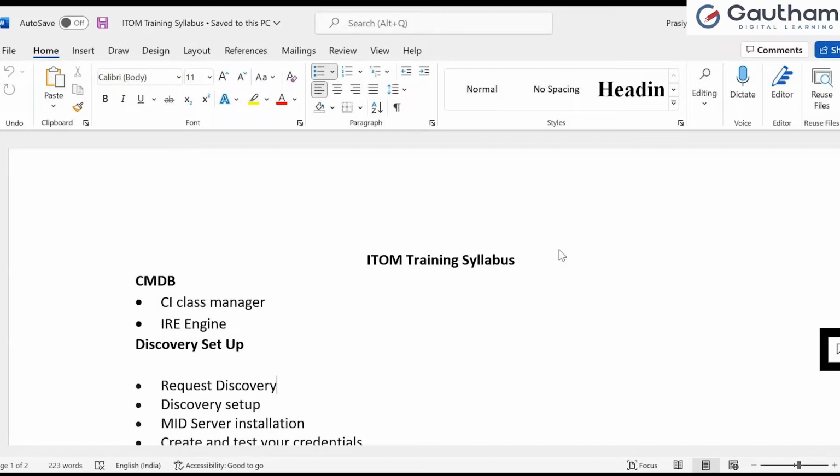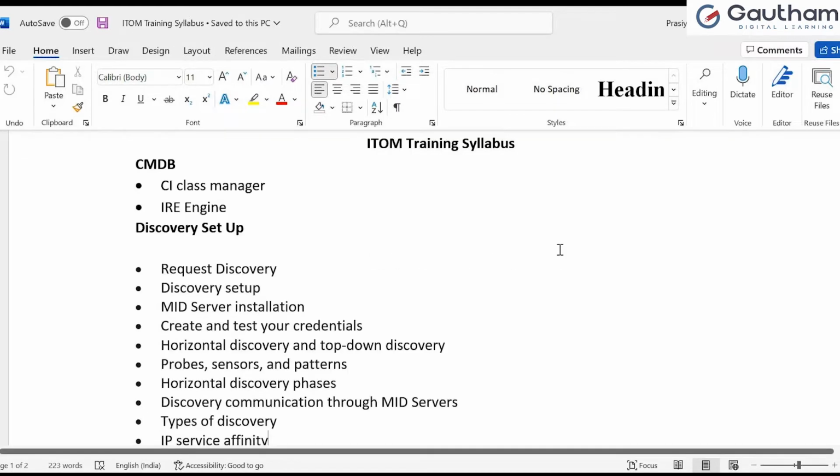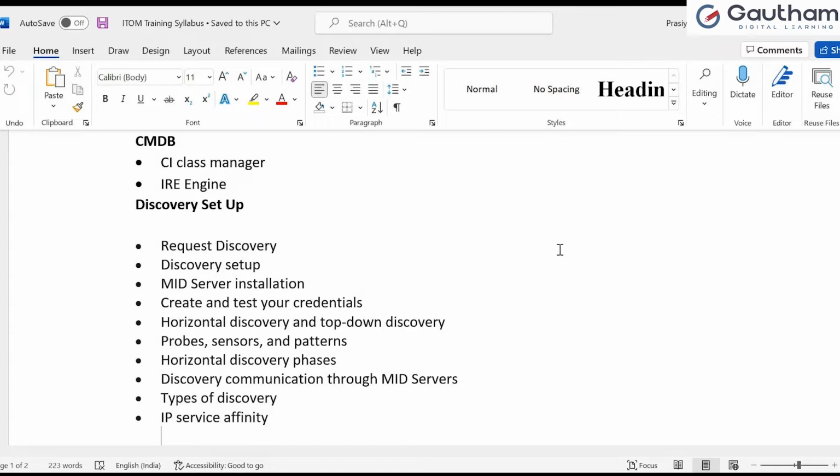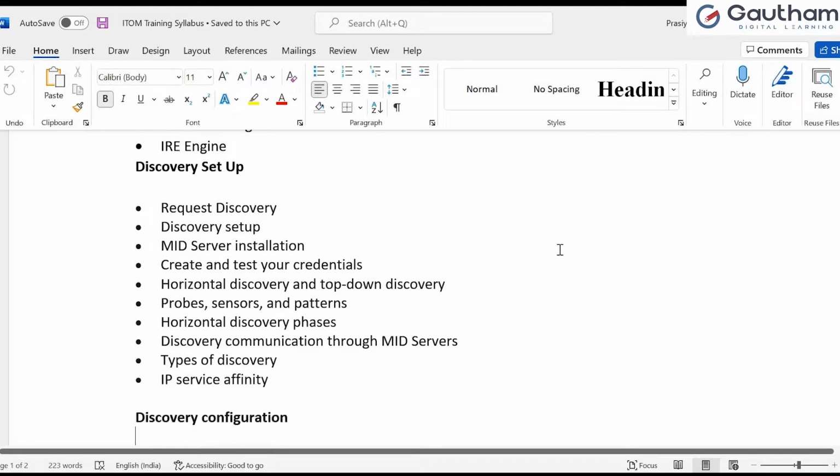setup in the system. The next and foremost important one is the discovery setup. How we have to set up the discovery, how we have to set up the MID server cluster, how to install the MID server, and what the prerequisites are for the MID server to be installed in the system. How horizontal and top-down discovery work, and the most important and tricky part, probes, sensors, and patterns, we are going to see, and also how IP affinities, service affinities, and types of discoveries work in the